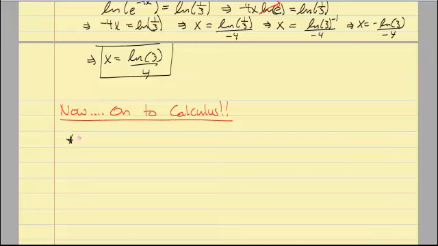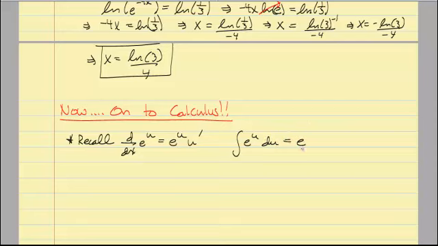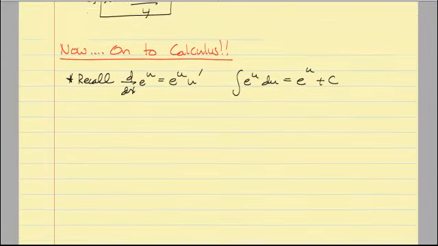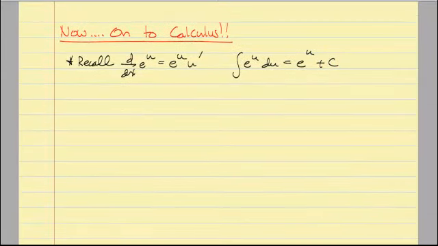So first of all, let's go ahead and recall from previous sections. The derivative with respect to x of e to the u is just e to the u, u prime. Also, we know that the integral of e to the u du, and these are so lovely because they're so simple, is e to the u plus, of course, your constant of integration. So we've looked at these before. Let's go ahead and look at some new ones